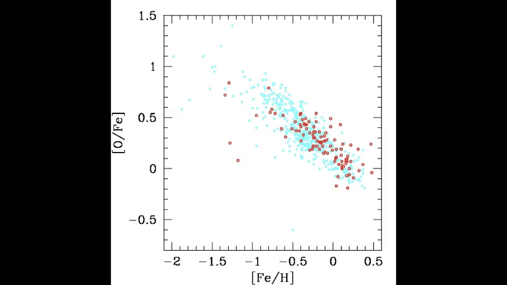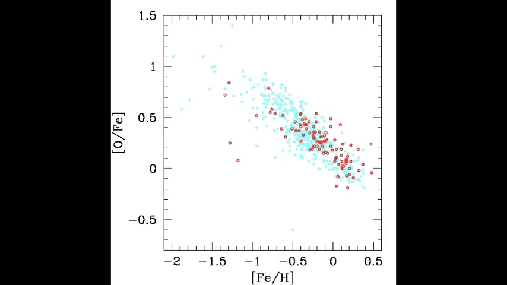We measure oxygen abundance because it's observationally feasible, but iron abundance is more important to the evolution of massive stars, such as the progenitors of core-collapse supernovae, because iron produces much of the opacity for radiation-driven stellar winds in massive stars. But oxygen abundance does not map directly to iron abundance.